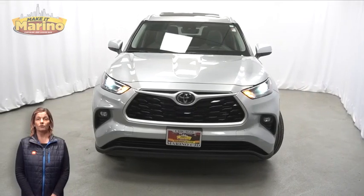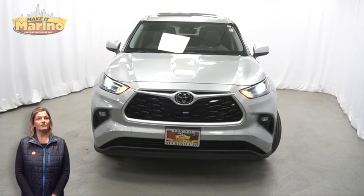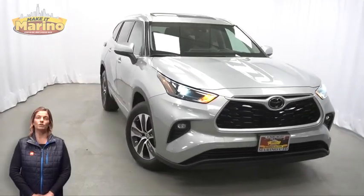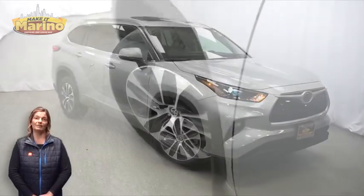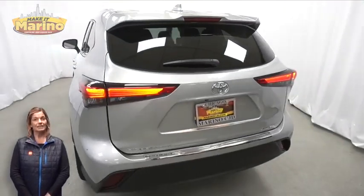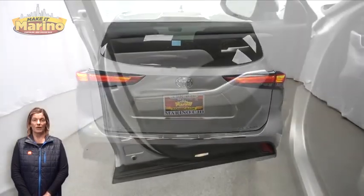Have you been searching for the perfect family vehicle with safety and reliability without breaking the bank? We'll take a look at this 2022 Toyota Highlander XLE in silver with HID headlamps, 18-inch aluminum wheels, brake assist,